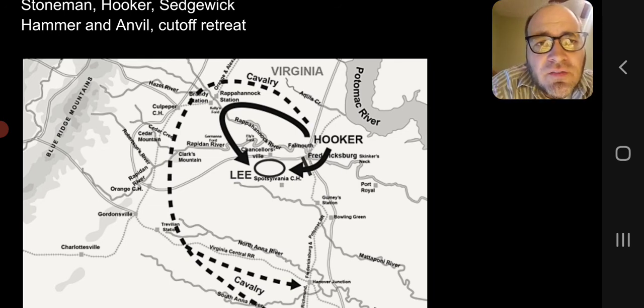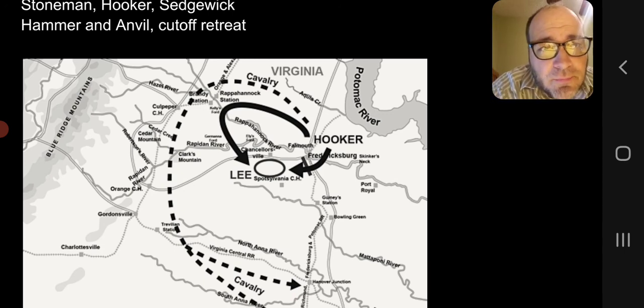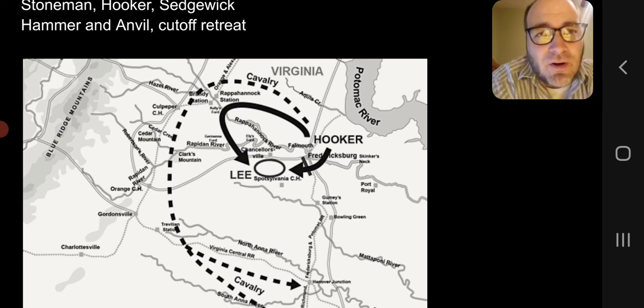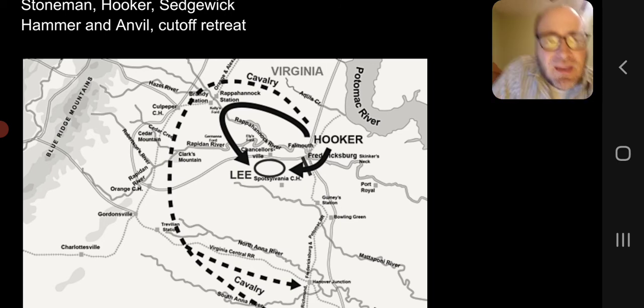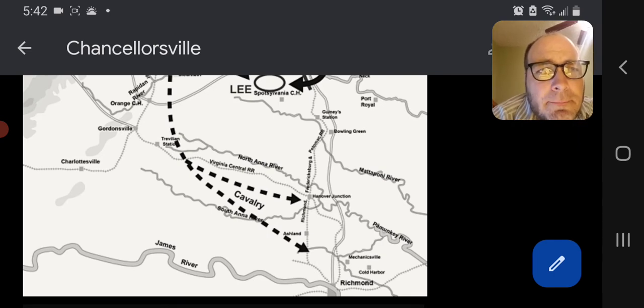And as Hooker saw it, Lee had a couple of choices. He could stay and defend Fredericksburg, in which case he would be trapped between what Hooker called the hammer and the anvil. His 80,000 men were the hammer, and Sedgwick's men were the anvil. He would come in from the side, smash into...